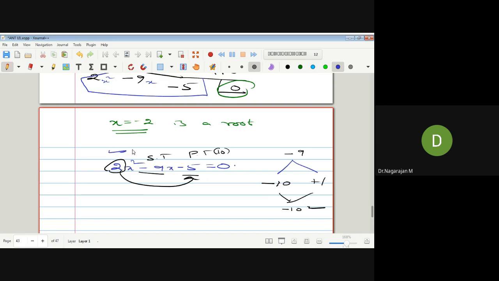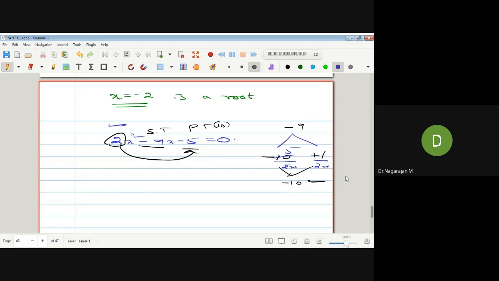But 2 is here. Therefore, you want a simple idea: divide 2x and 2x. This 2 is cancelled with the 10, giving 5. This result can be written as x minus 5 and 2x plus 1. Therefore, the entire result changes format, which implies that x minus 5 into